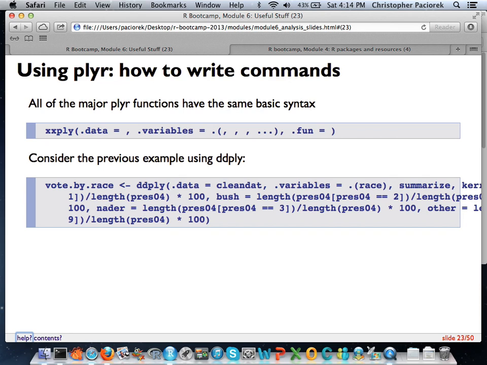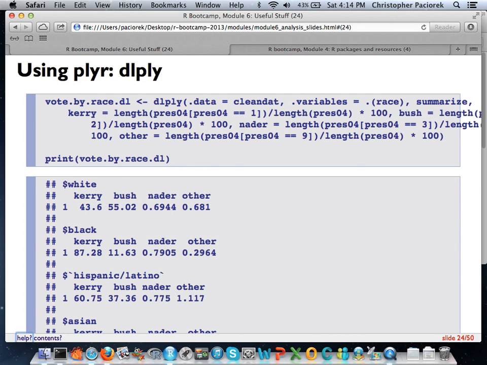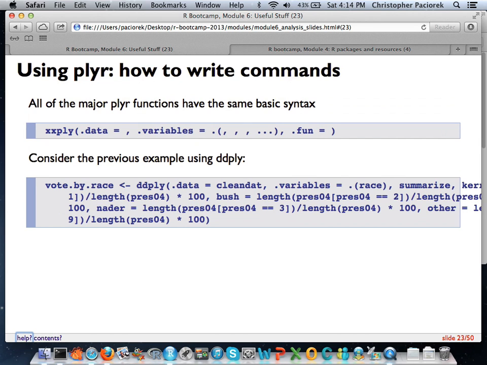Okay. So the cool thing about this sort of syntax here is it makes it really easy to scale up. If we're just splitting by race, we saw that it was complicated to do by hand, but we could probably do it. We could split our data frame up into a whole bunch of different comparisons, really just by adding different variables in there: race, political identification, income, age, all that sort of thing. And the syntax, you'll see here, doesn't really change too much when you go across different apply functions.